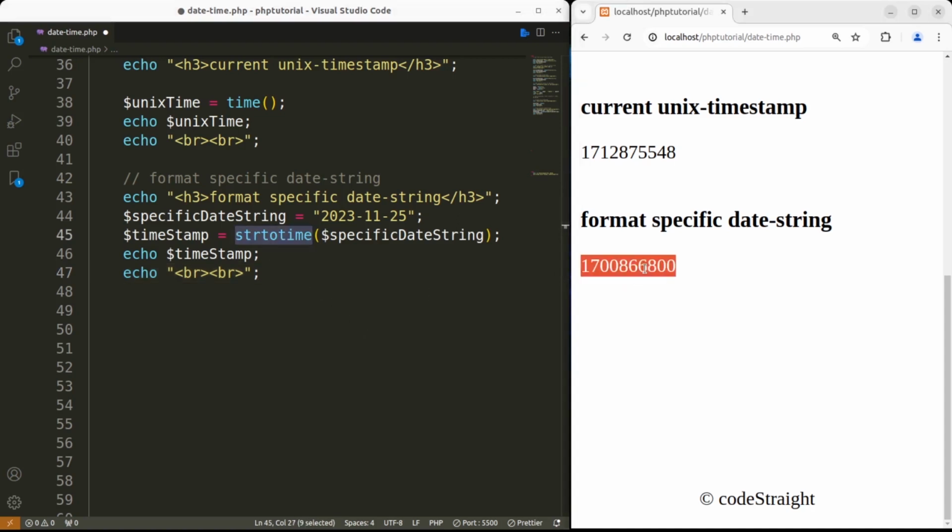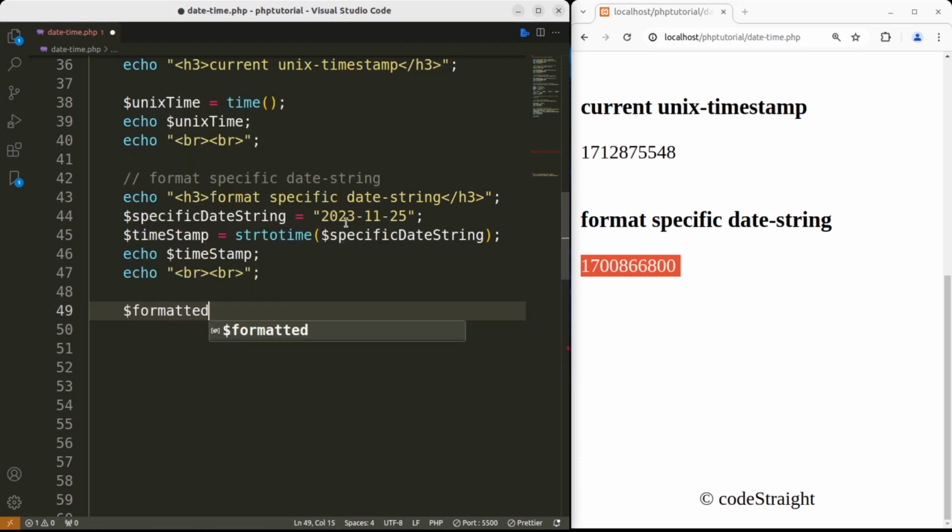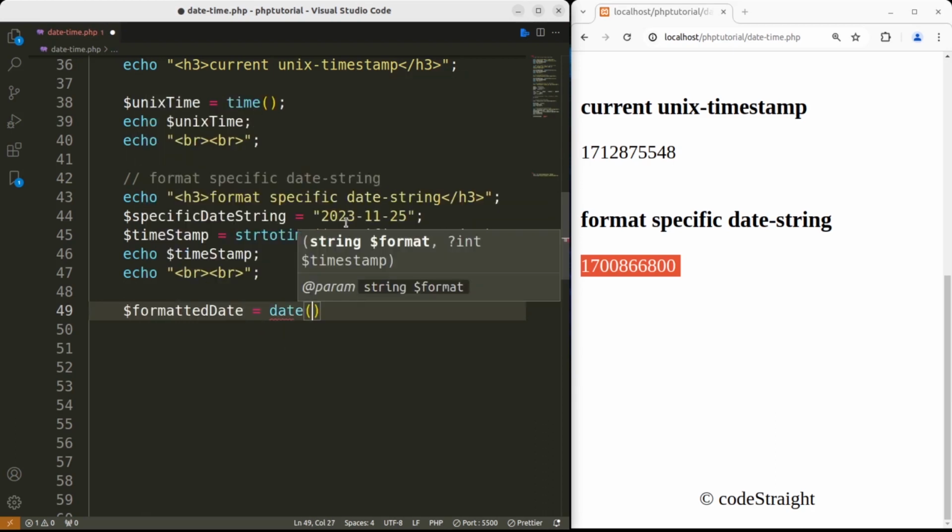So we were right here. Now we get this Unix timestamp. We have converted this specific date string to a Unix timestamp, and say if you want to convert this Unix timestamp in a specific date format, just get back in here, and after that let me define a new variable here, say formattedDate equals to, we'll call the date function, and here you'll need to pass the formats that you want this date, and let's add L